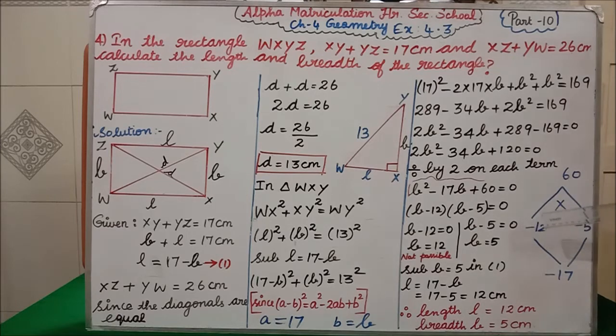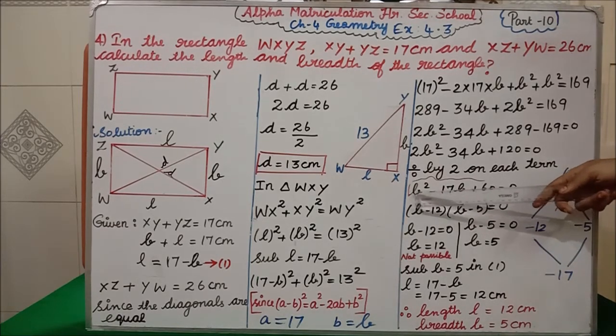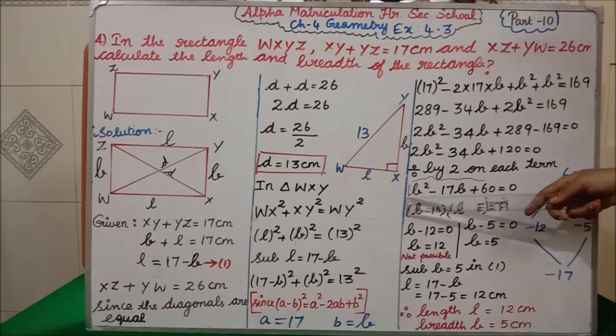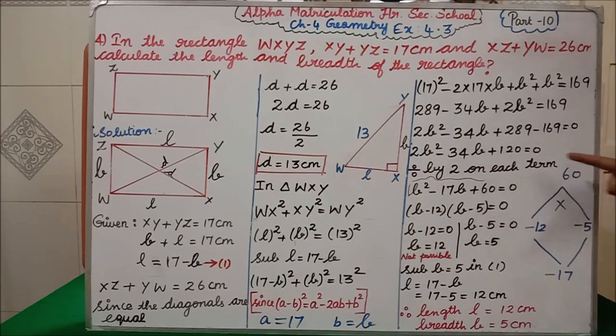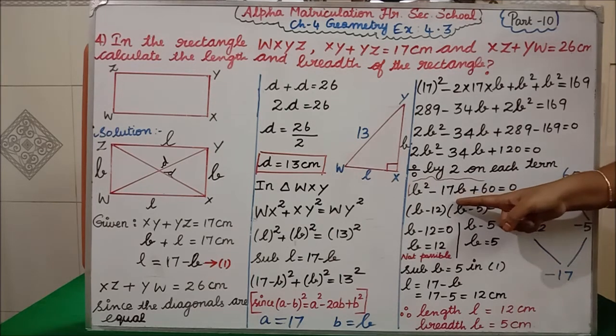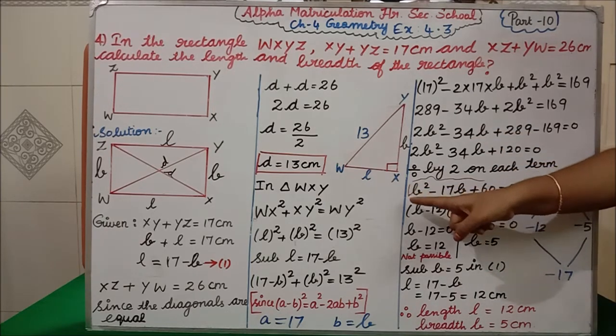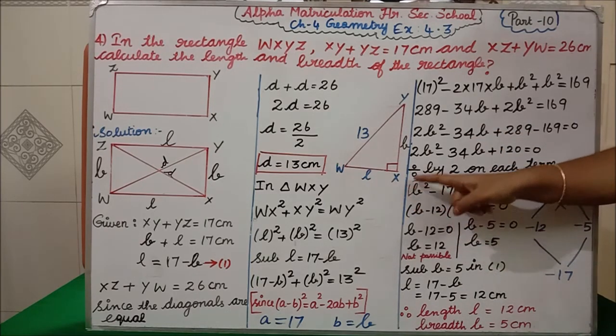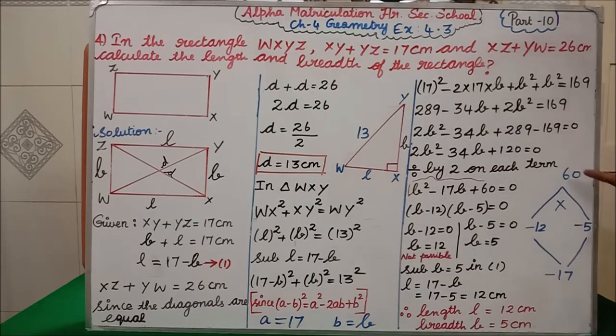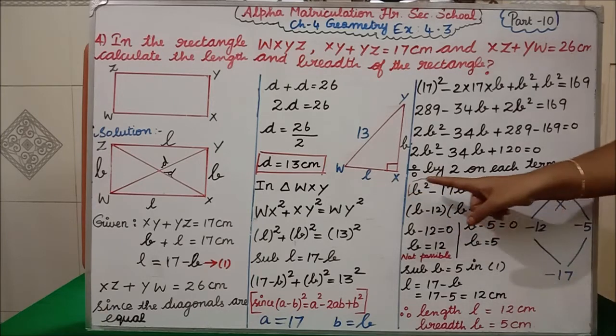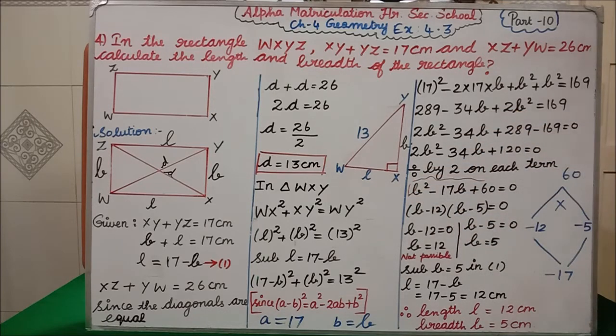I will explain here. Now, here what is the number before? 1. So, 1 into the last number you have to multiply. Here 1 into 60 is 60. This 60 you have to write on the top. Then the middle number you have to write below. Clear? Whatever number comes here, suppose here it is 2, you have to multiply 2 into 60 and write here, then write this number. Since we don't have any number, I am multiplying this 1 with 60, so I am getting 60 and minus 17.